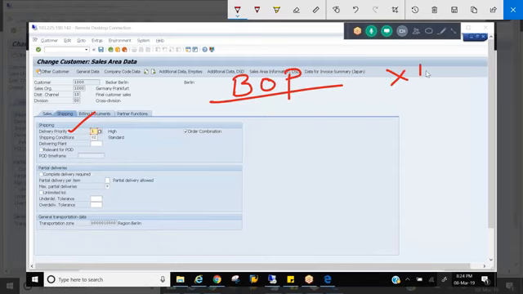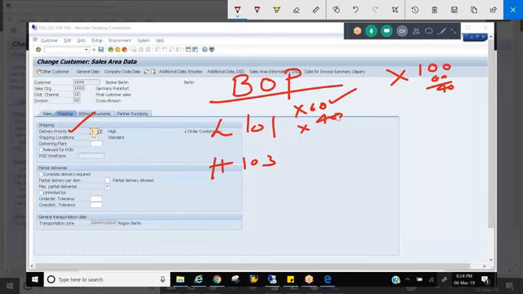Let's say in the plant, I have X metal 100 quantity. I have two customers, 101 and 103. 101 is a low priority customer, 103 is a high priority customer. 101 has placed an order for X metal 60 quantity. Do I have material? Yes, confirm. So now availability is 40 quantity. So again, he placed an order for X metal 40 quantity. Do I have it? Yes, confirm. Right? So what is the material available? 0. Now a high priority customer has placed an order for X metal 40 quantity.